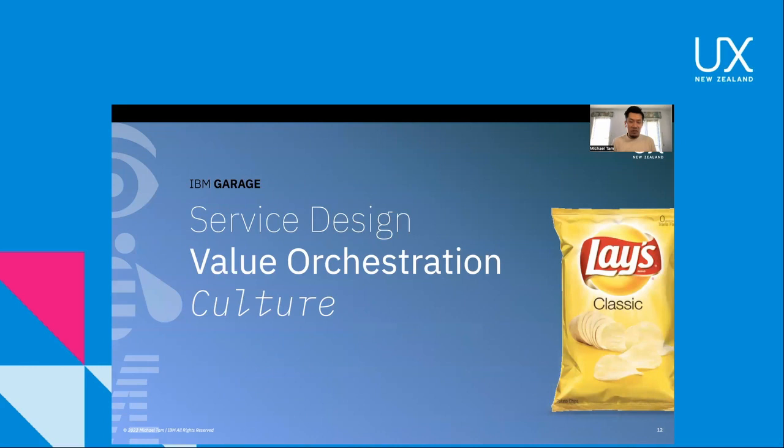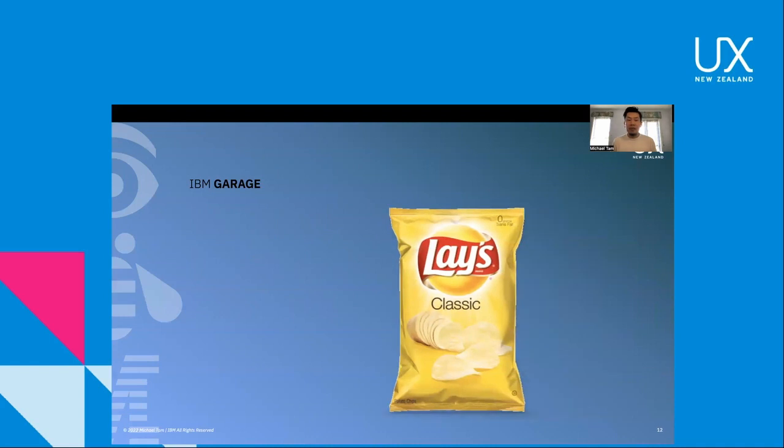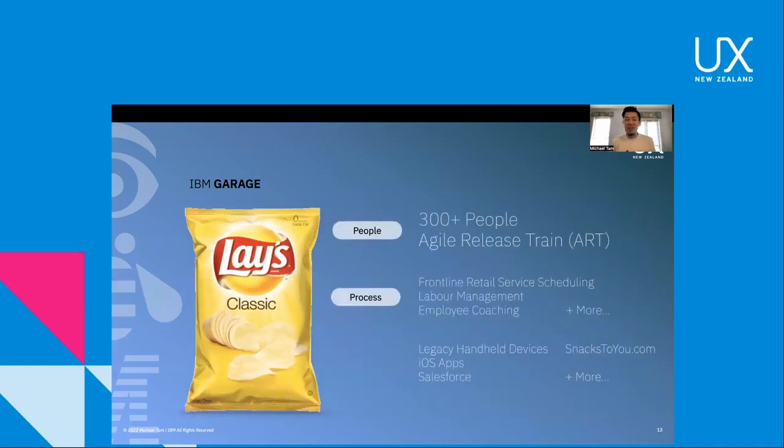The example I'm going to give here is just to set the context and give an umbrella example, which is a project we call Lates under PepsiCo, the brand. So Lates as a brand, we built a Garage project around it. Just to give you some context, it has 300 people in an agile release train. This innovation project carried out by Lates and PepsiCo has been going on for 10 years. IBM has been involved in the last 3 years, and we were involved with so many different